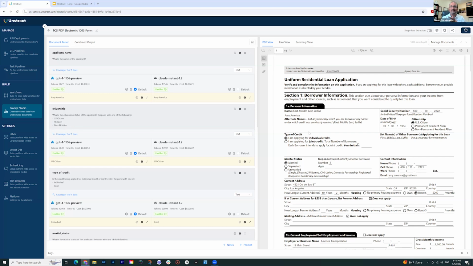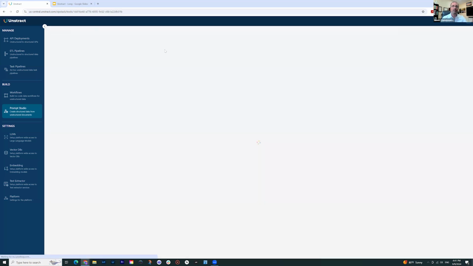And it's able to detect the checkbox, and it's able to tell me it's US citizen, right? So it's able to read checkboxes very, very well. Same thing with marital status and all that, you can do all of that. So very easy to make it do that. Now, take your question, for example, with a handwritten form, the same form, if it was handwritten.